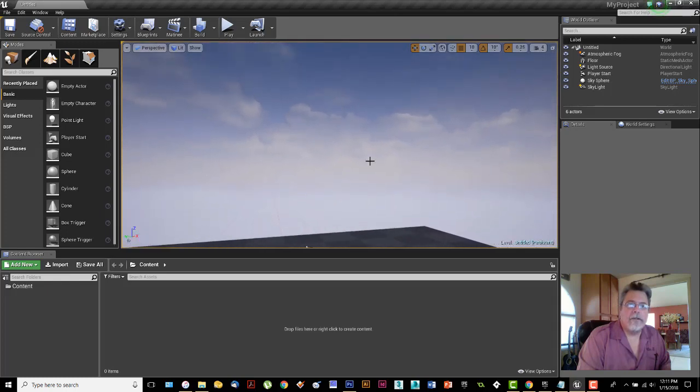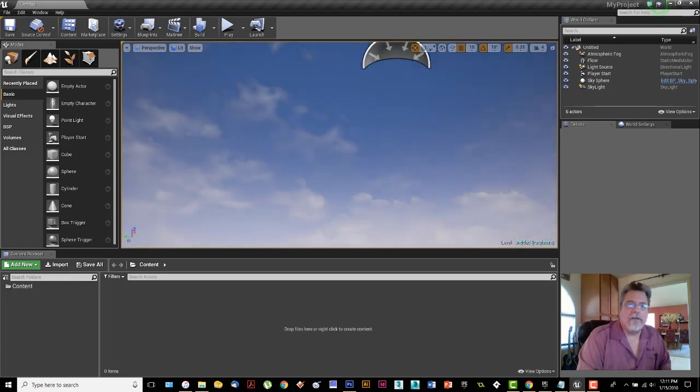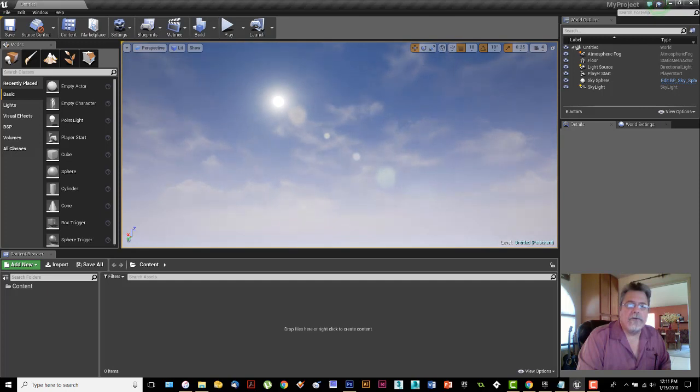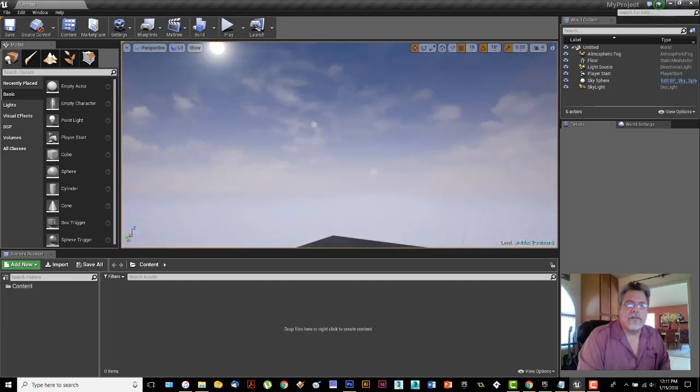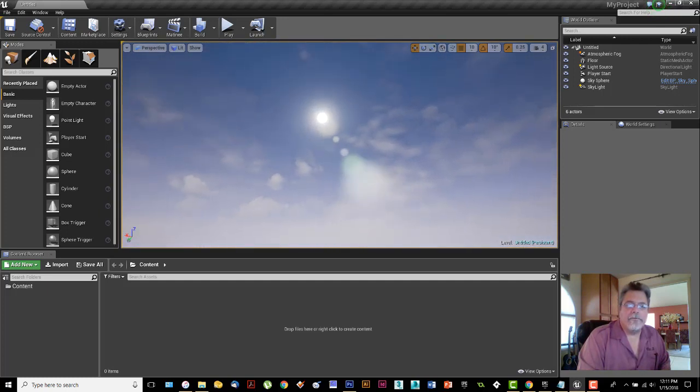You also see up here clouds and a sky dome. That is a standard element that is in here, and it is adjustable. We can fix that, and we'll be doing that this semester. There is a sun up there. You can have the sun, you can have a moon, you can do whatever you want to do. You also have a little lens flare going on that's associated with that, which is a little 3D trick to